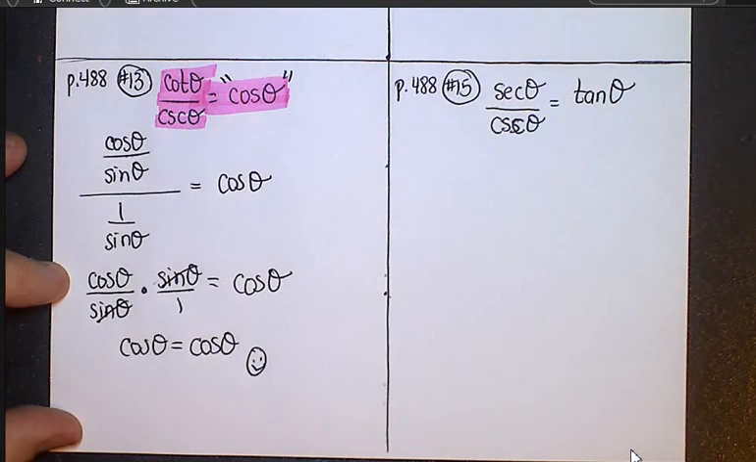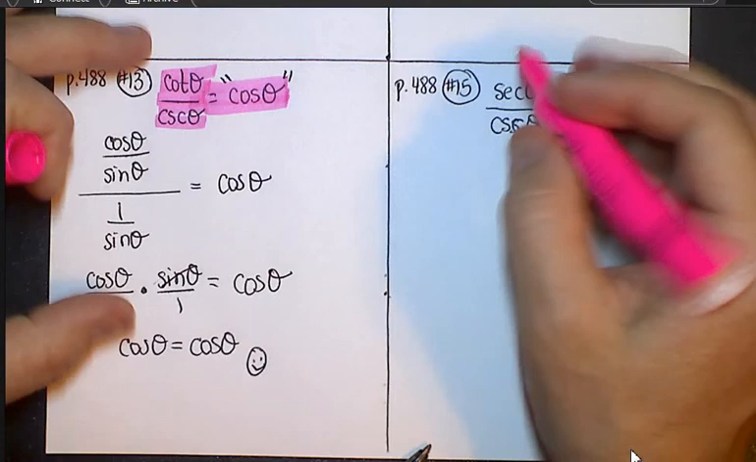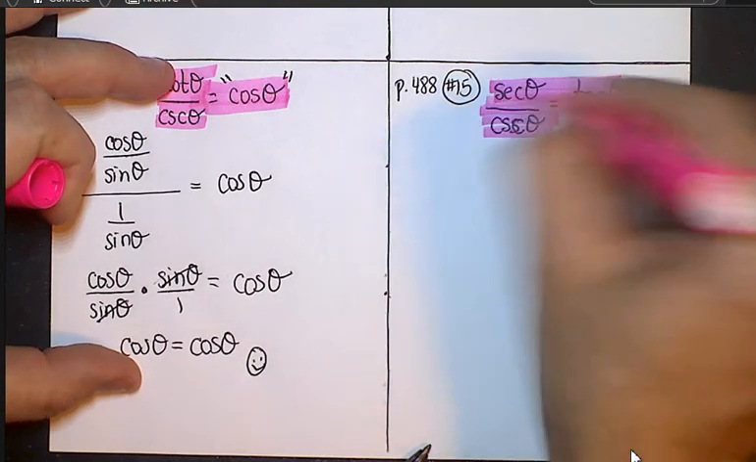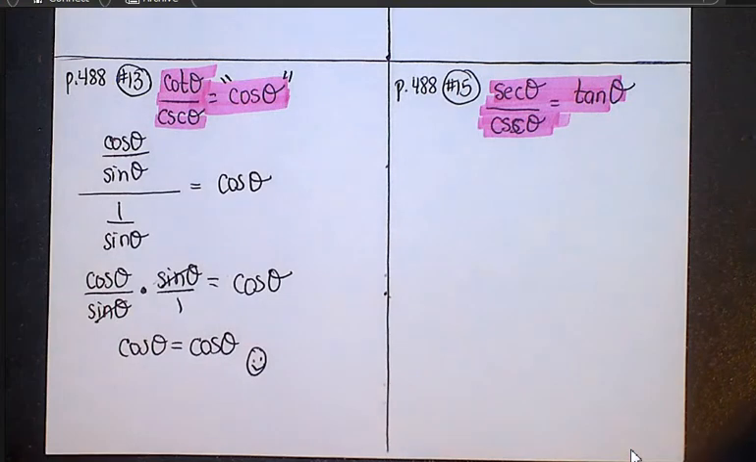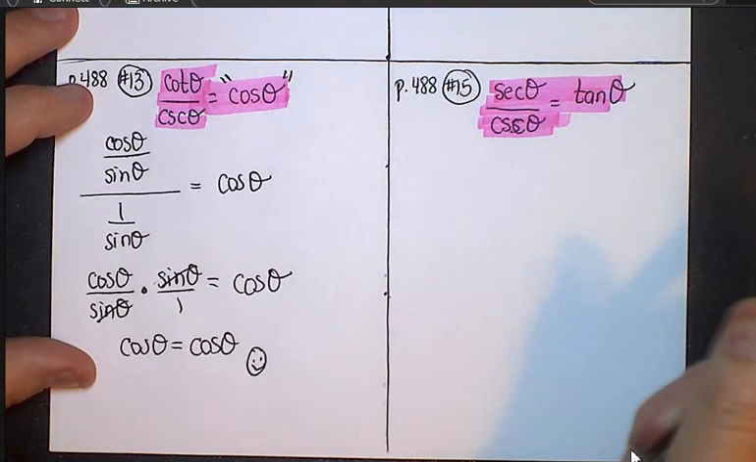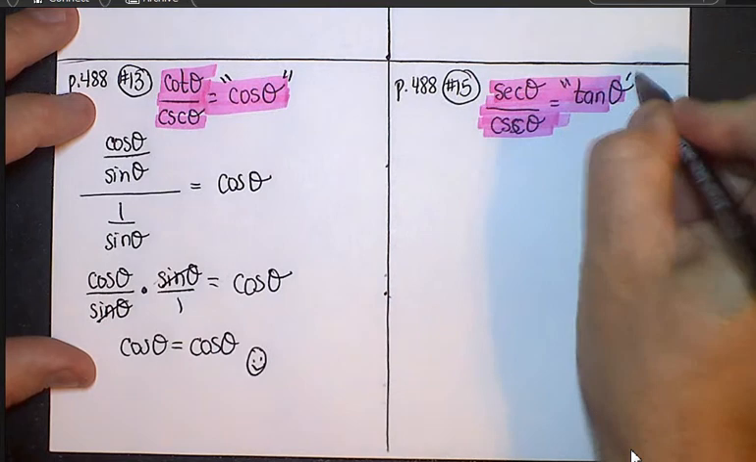Okay. Question on page 488, number 15. Once again, highlight that so you know what the original problem was, and what we're trying to do in this question again is show that secant theta over cosecant theta is tangent. So let's change everything that we can on this side, freezing the tangent, everything on this side to sines and